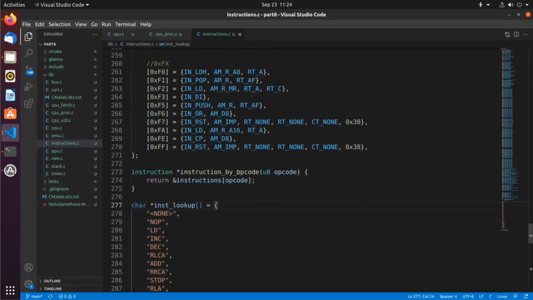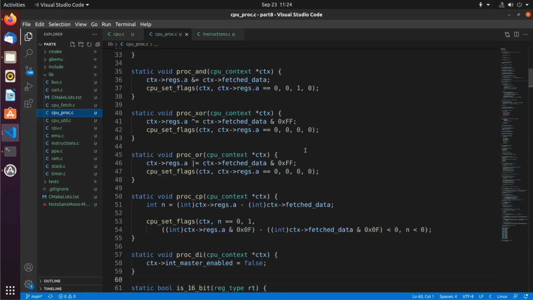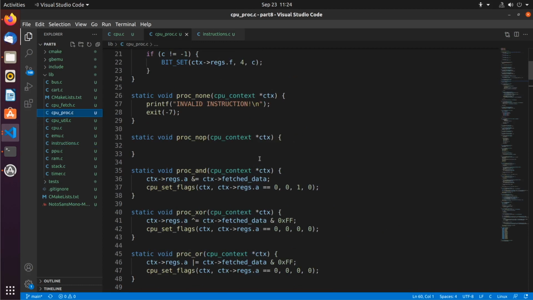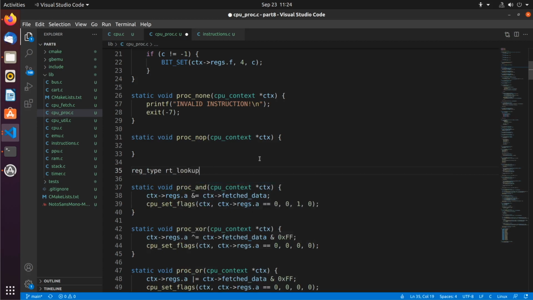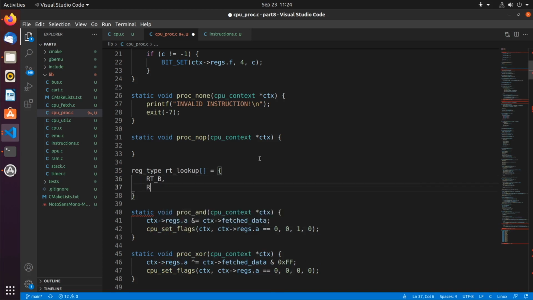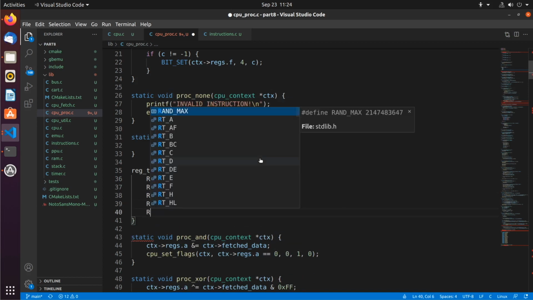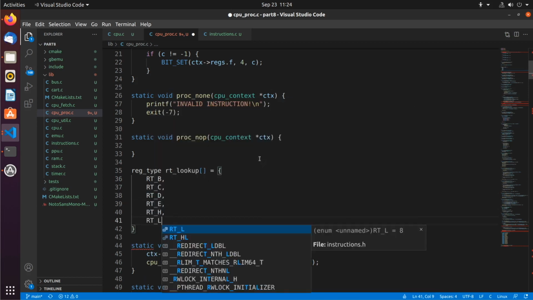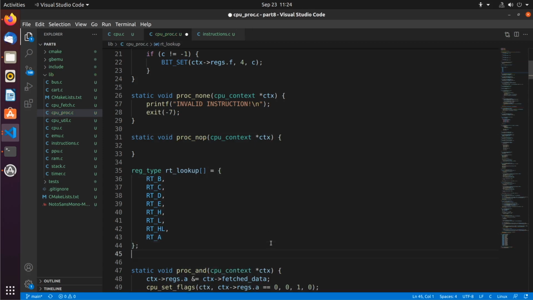So I'm actually going to create a function to handle that. Let's see, we'll call this... I'll copy that. Alright, actually first, let's have a reg type lookup. So we have B, C, D, and this is in the order that they were on those instruction types. Remember, it was B, C, D, E, L, that HL, and then A. So if we look those up by that value that they are,